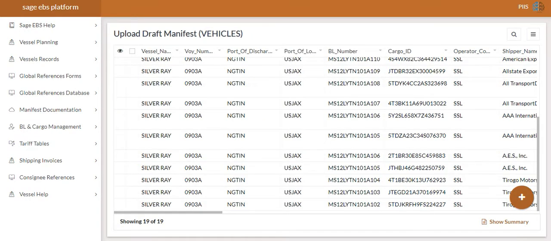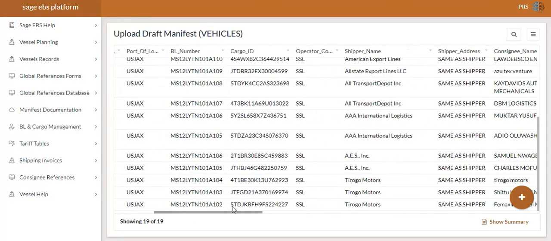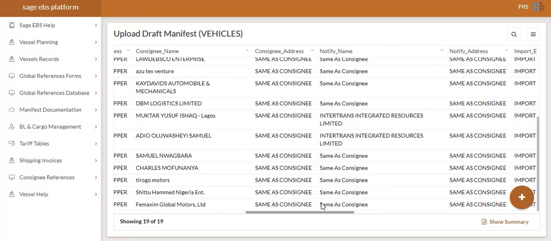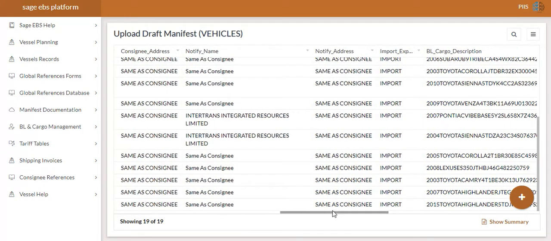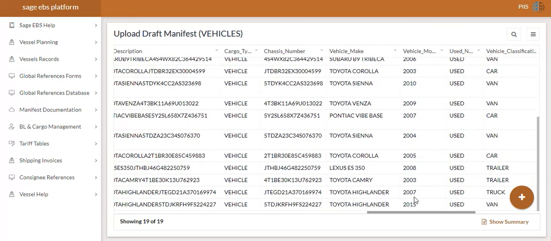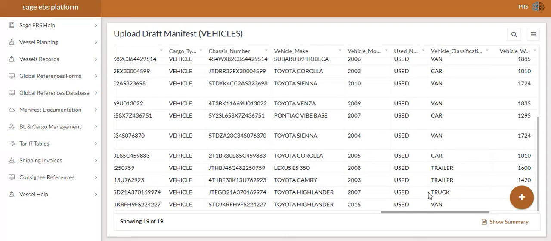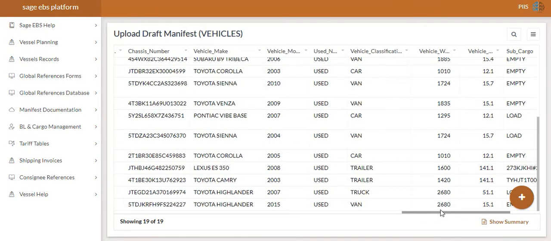After we click the close button, it brings the summary of every detail or every data as contained in the manifest. As we have on our screen, is the manifest itself, every data that is in the manifest. And one thing I want to bring to our notice is the vehicle classification and vehicle CBM. As we have been told, the classification of each vehicle is done or is assumed by various values being inputted in CBM.